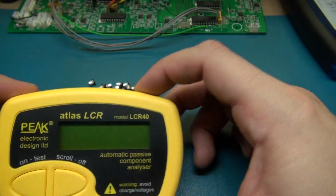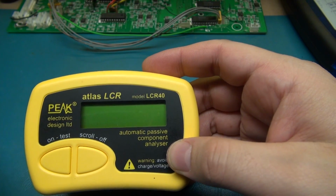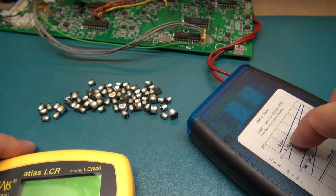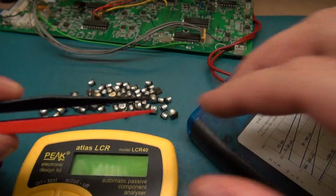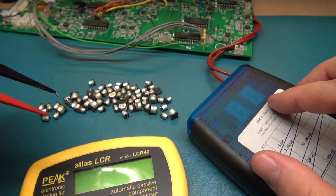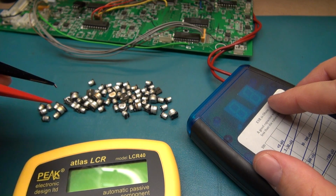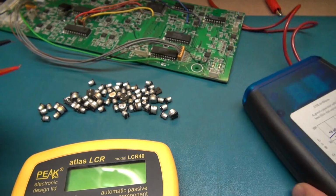I told you before in another video, don't trust these for testing capacitors for stability, and I'm going to show you this. What I use is an ESR meter. Most of the time, if I'm just probing around, because these have the nice SMD clips on this meter here, it makes it a little bit easier. If I find a bunch of capacitors that I want to test quickly, I'll go through and find if the values are at their value. I will pretty much just move on until I find something that's lower, and then I will use this. But